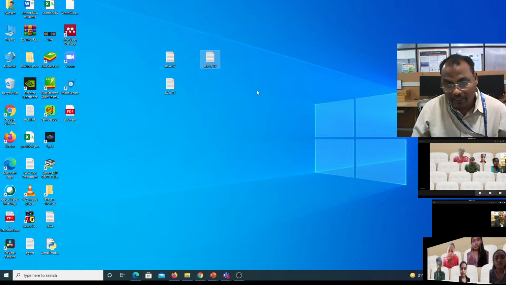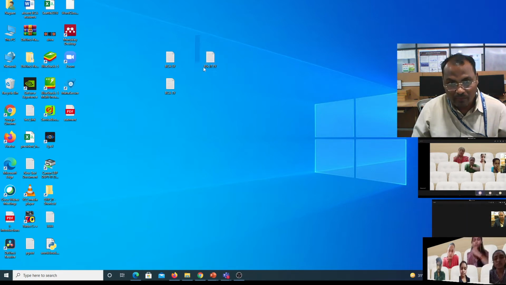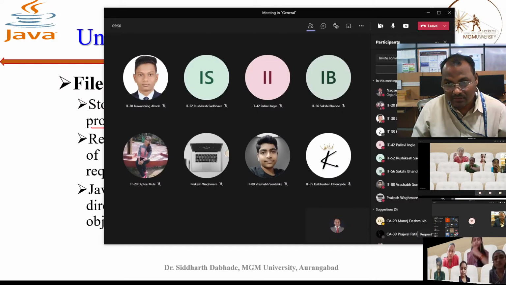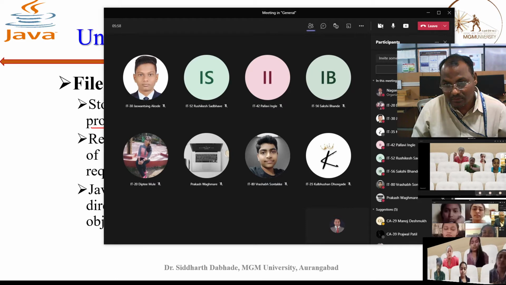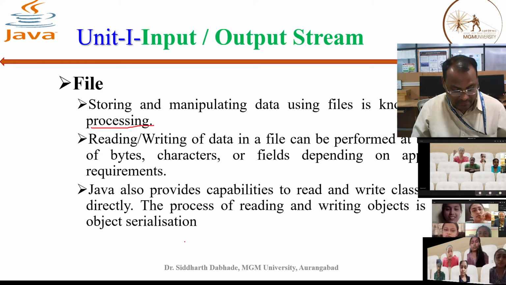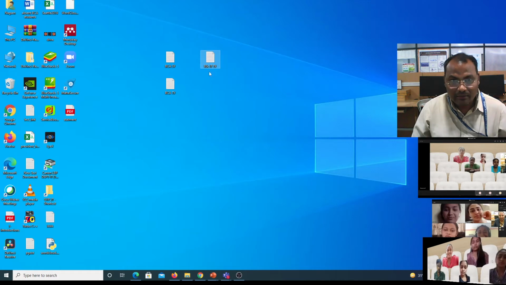Is it known to you? Can anybody tell me? Dipti? Jaswant Singh? Kulbhushan? Pallavi? Rishikesh? Sakshi? Yes, is there anybody who can tell me what is written in this file?